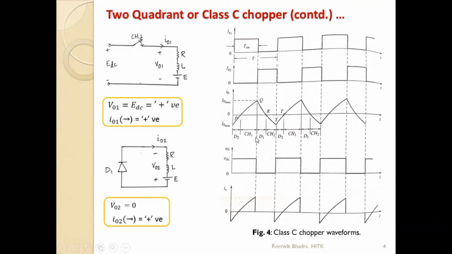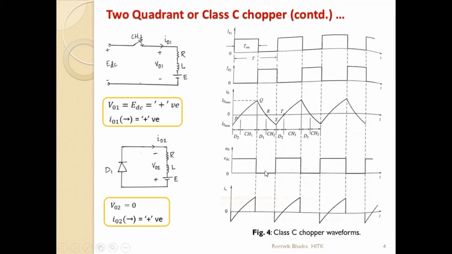Now read this region, D1 on. Okay, so during this region, D1 is on. Inductor is discharging, current is discharging, but current is positive, above the 0 line. V02 during this region is 0. So during this region, what is E0 going in this direction? 0. It is 0 up to this line. Up to this line, it is 0.